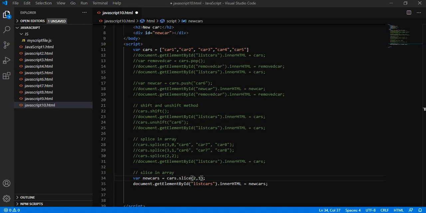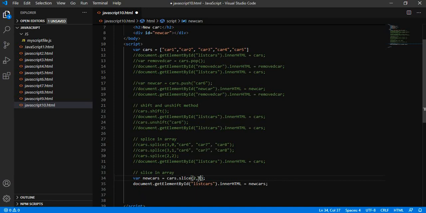So when I give car dot slice 1, it has not returned any value, because the starting argument has been selected for the element, and up to which, we are not including the end argument.